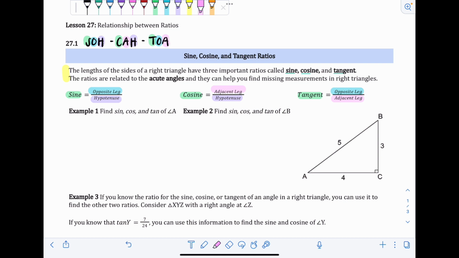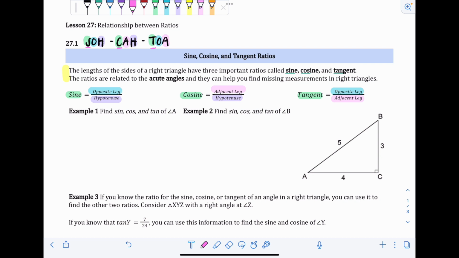It's usually one of those things that helps stick in your head and helps you remember the order of all of the formulas. And it's important to know that each little set of three letters is its own trig ratio. So the first one is S for sine, the second one is C for cosine, and the third one is T for tangent. Okay, so example 1 and example 2 are both going to be using this triangle